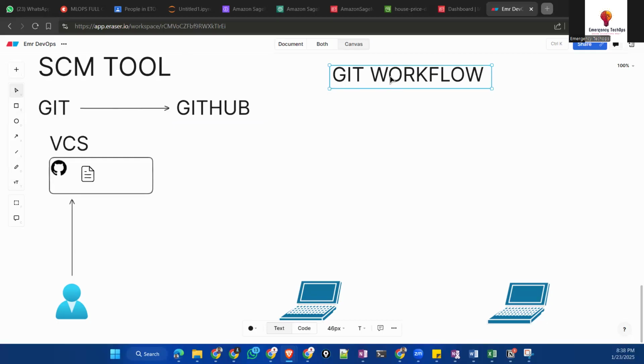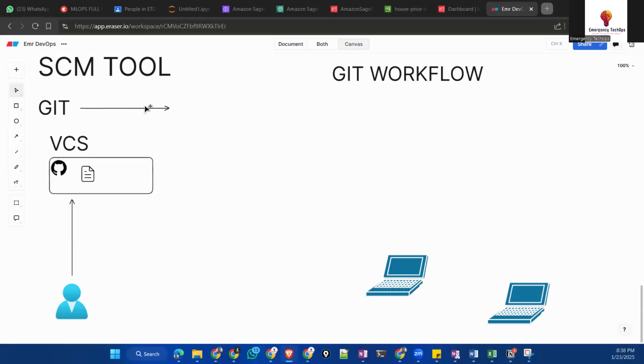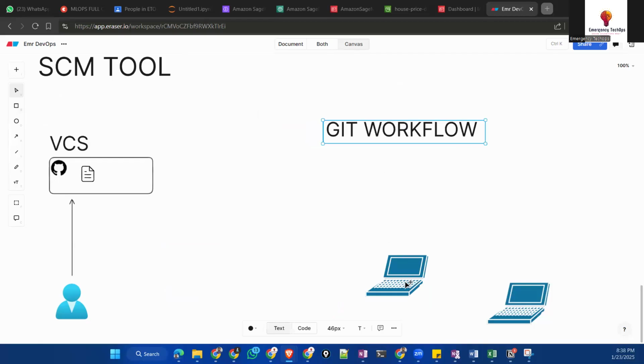Git workflow is client to hub communication. Here you have the laptop and here I have a GitHub. This is my VCS, and this is my GitHub.